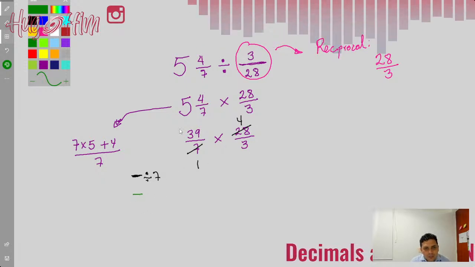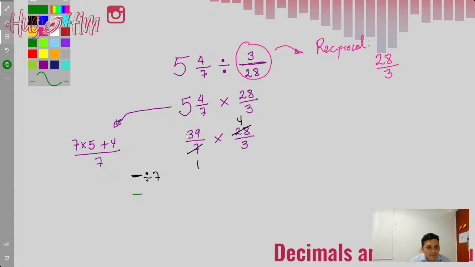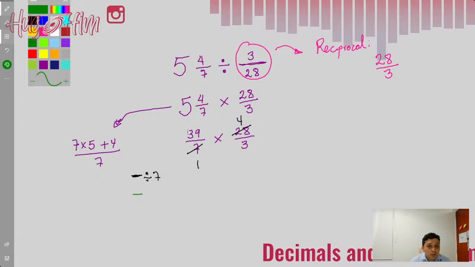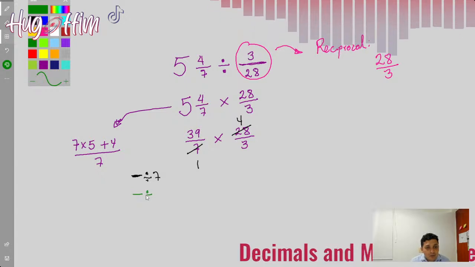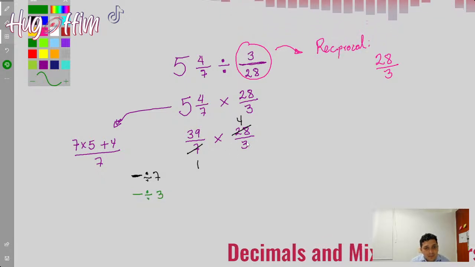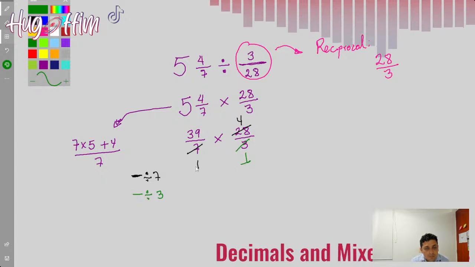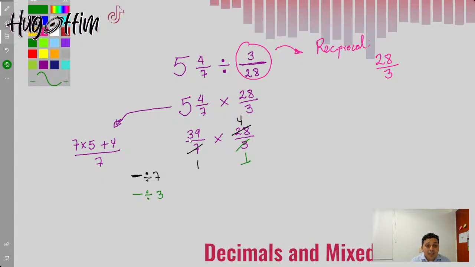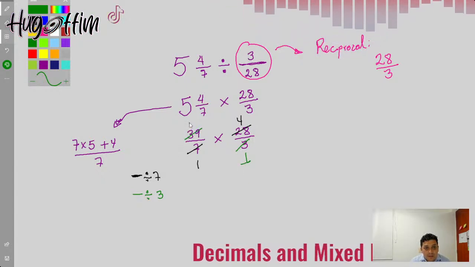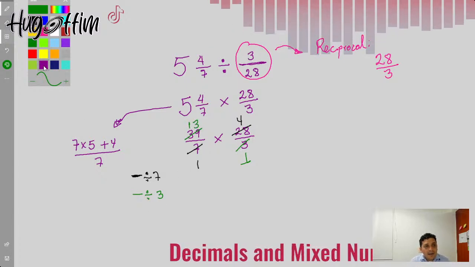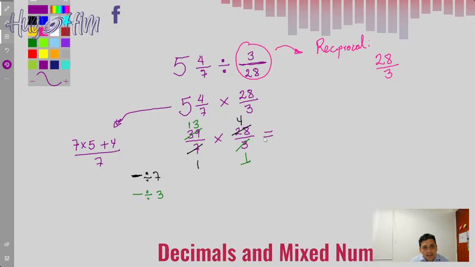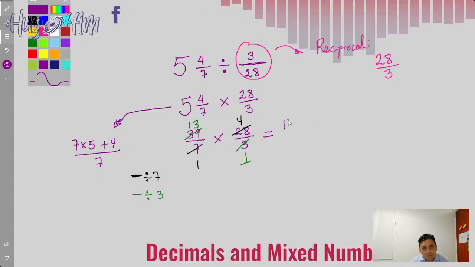Let's observe that 9 and 3, if I use divisibility rules, this is going to be divisible by 3, so I can divide it by 3. So I'm going to divide by 3. Dividing by 3 is going to give me 1, and 39 divided by 3 is going to be 13. And now what do I have? I have 13 times 4, I'm going to write it here,